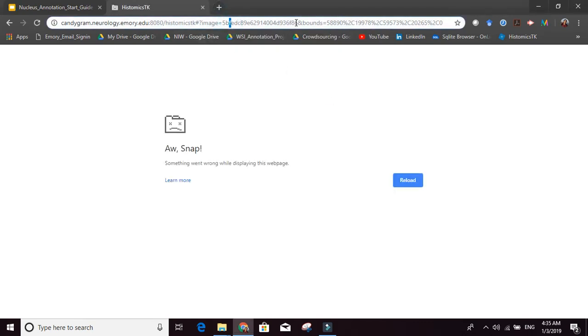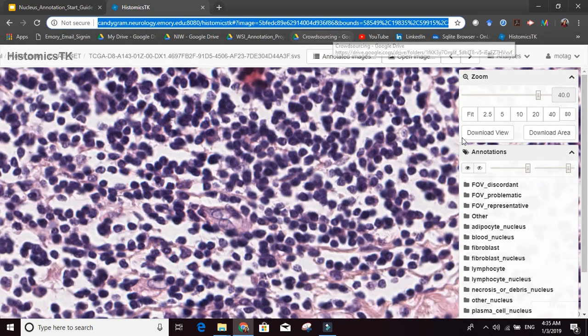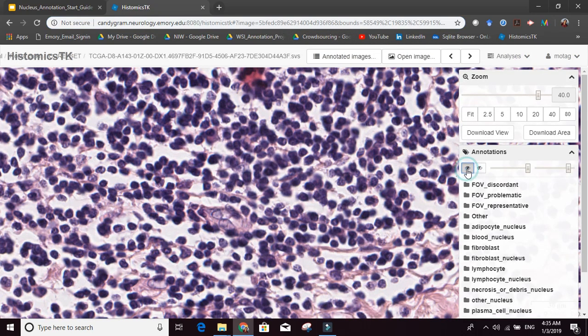Okay, let's just reload this area over here. Okay, wonderful. So now let's view all the annotations.